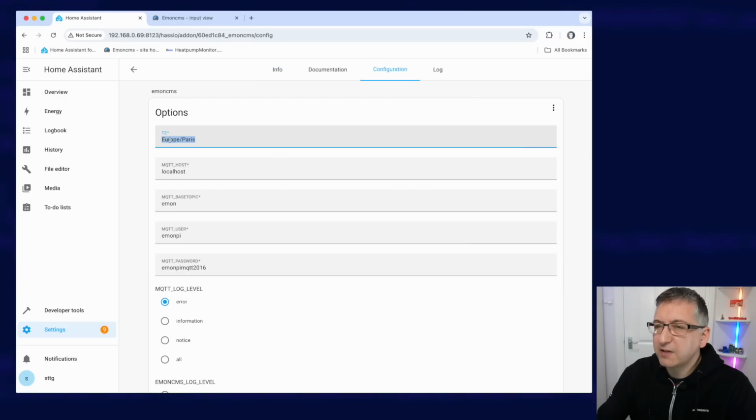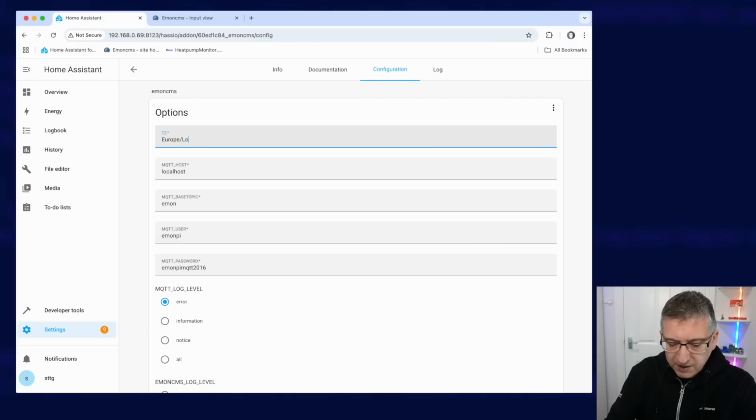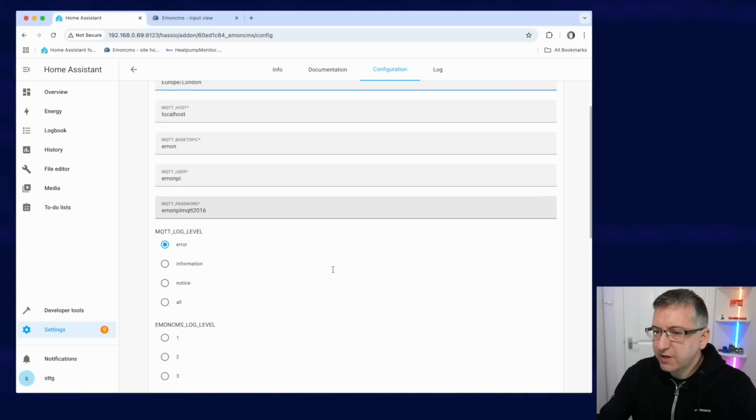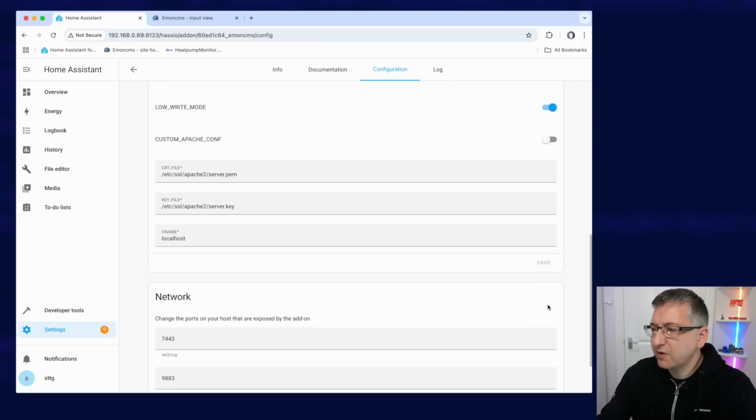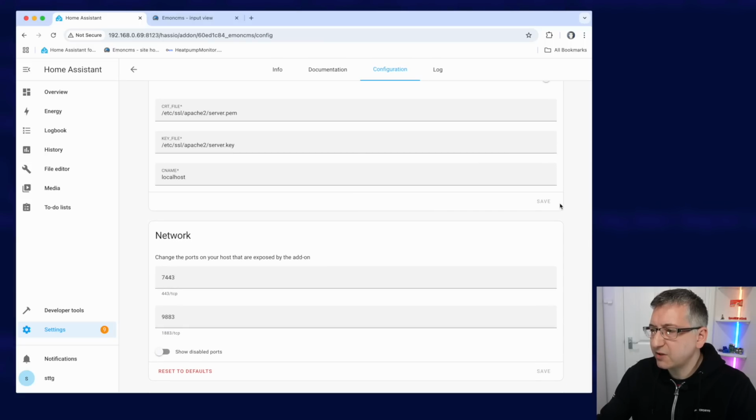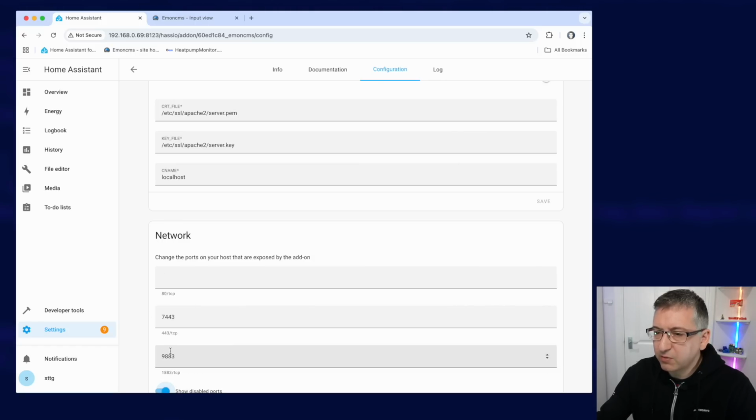So you'll notice the time zone by default is Paris. So you want to change that. I'm going to change mine to London. Once you've changed it to London, just scroll down to the bottom of the first section and click on save. Now notice that there are multiple save buttons, so you've got to click on the save button for the section that you edited. This bottom section called network, you need to now tick the box that says show disabled ports,